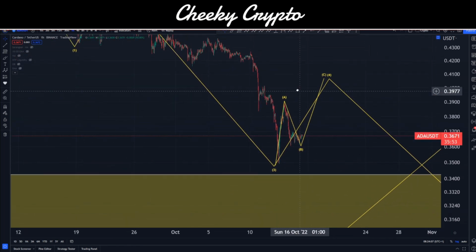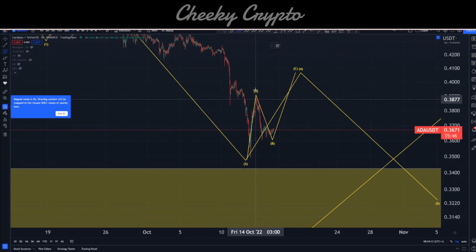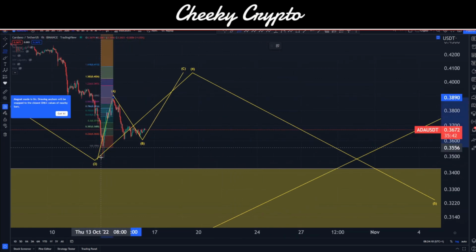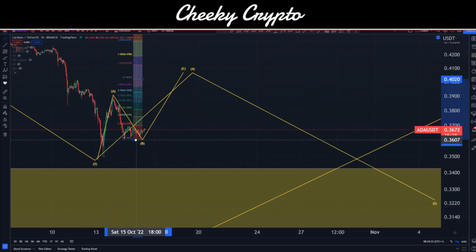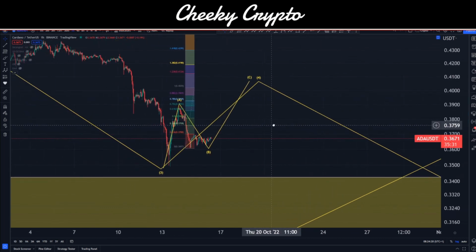Okay, so let's go ahead and draw these on. Let's go with measuring this high wave here. I'm just going to zoom in a bit more, see if we can get it. There we go. And then pull this down to this wick here. We moved it over to the recent low. No guarantee this is going to be the lowest point though. And this will show us about 40.2 cent.